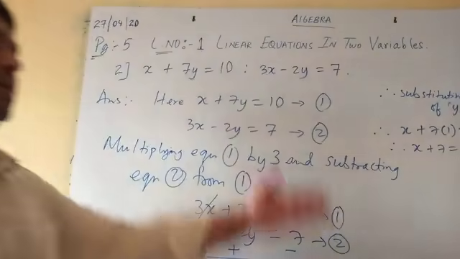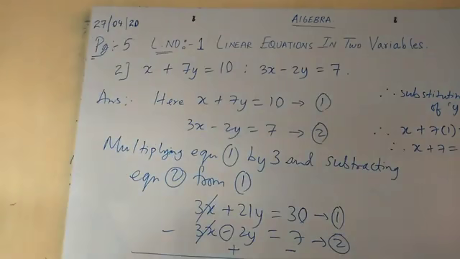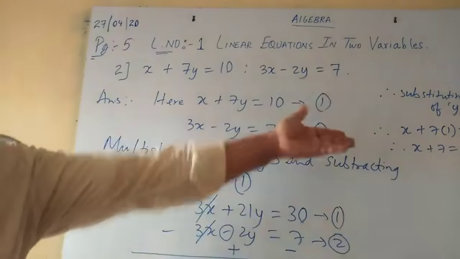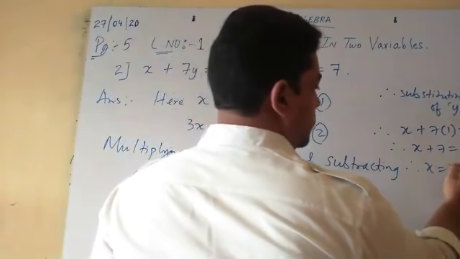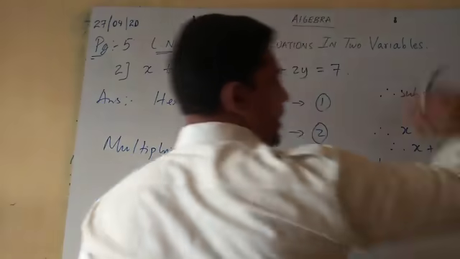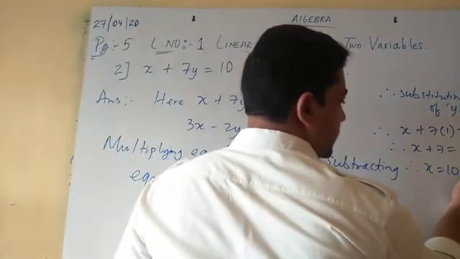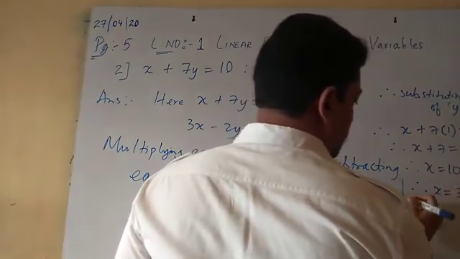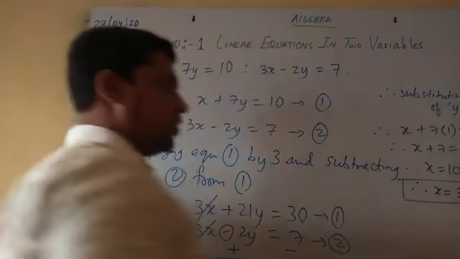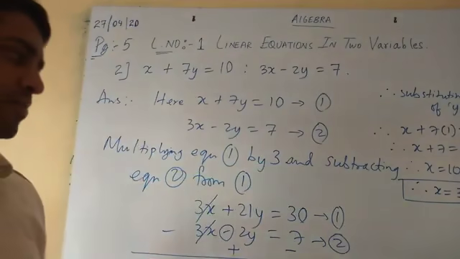Now you can just apply: positive will go to the right hand side, it will become negative. We are solving a linear equation in one variable. Simple sum, 4th standard. Okay, so x is equal to 10 minus 7. Why? Positive 7 goes to the right hand side, it changes the sign, it becomes negative. Therefore x is equal to 3. So we have got the answer for the second variable also. So x is 3, y is equal to 1.